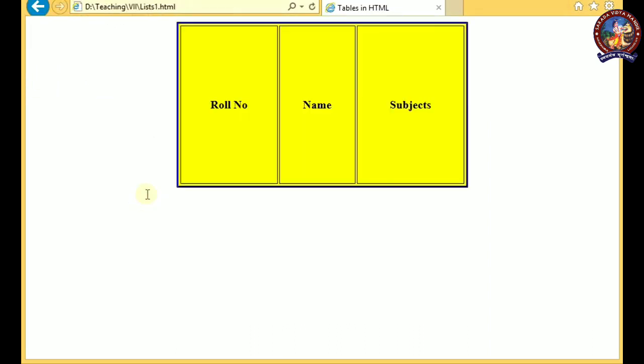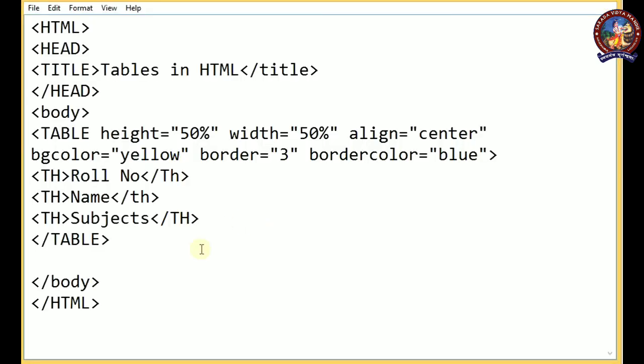you can see that with 3 columns it is created. Remember in HTML we cannot create a table column wise, we have to create row wise, one after another row. So in the first row, roll number, name, and subjects have been given. Inside the roll number, the first roll number we have to enter, then the name, then the subject. So again go back to the editing mode. After that we are going to create the table row, that is tr. Using the tr tag we are going to create the table row. Okay, so inside the table row we are going to create the other values.